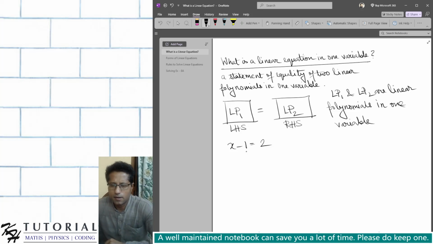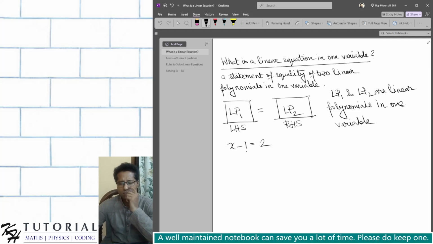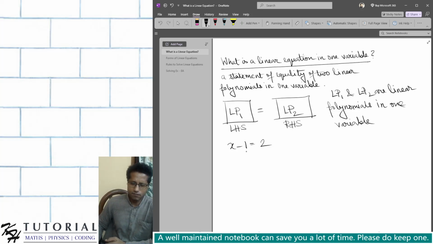I think now I would like to redefine the definition. I said that both the sides, the algebraic expression on both the side of the equality sign, that is both the LHS and RHS, must be linear polynomial in one variable. But it is not like that. At least one of them must be a linear polynomial in one variable. That is, either any one of them can be